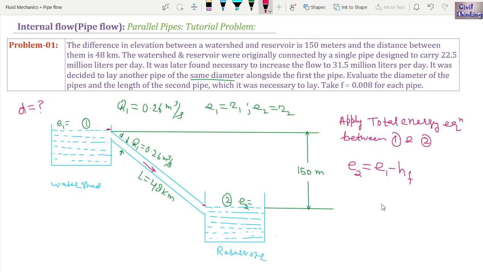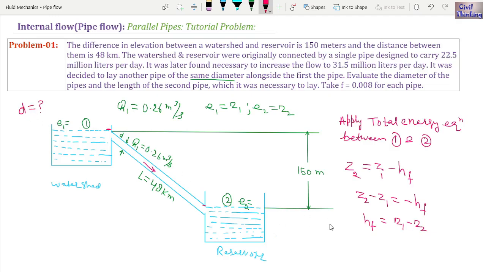So let us put the values. We get E2 is Z2, right? Before we got E2 is Z2, so it is Z2 here. Now E1 is Z1, so it is Z1 here, minus HF, right? So when I rearrange it, what I will get, let me write it like this: Z2 minus Z1 is equal to minus HF, or HF is Z1 minus Z2, right? So head loss due to friction is Z1 minus Z2, but remember we had to find